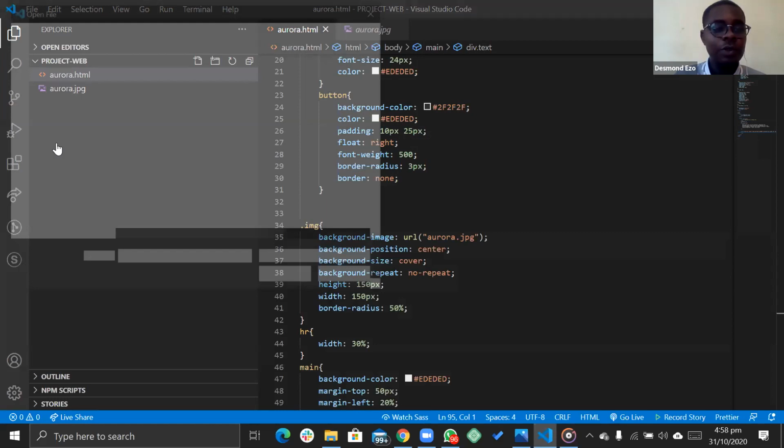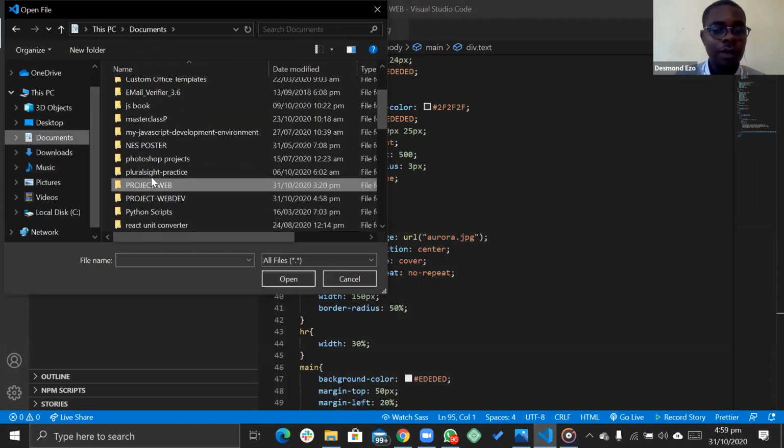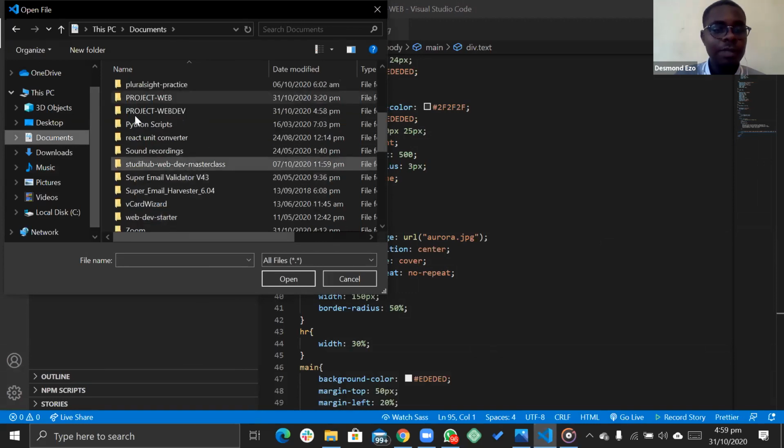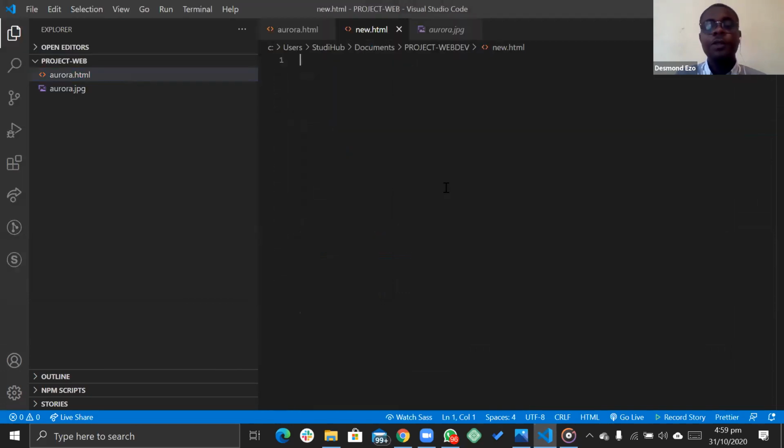So I'm just going to open a file directly, and I'm going to look for the file in my documents. I'm going to look for Project Web Dev, and this is the new file, and I'm going to open it here. As you can see, the file is empty.